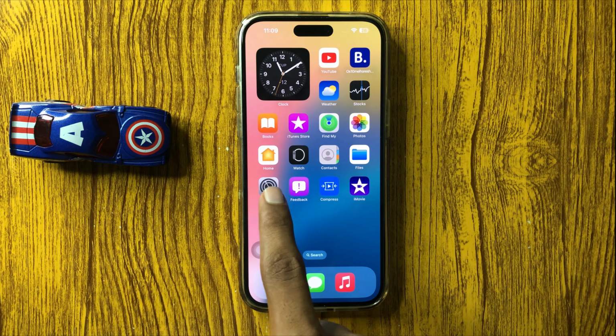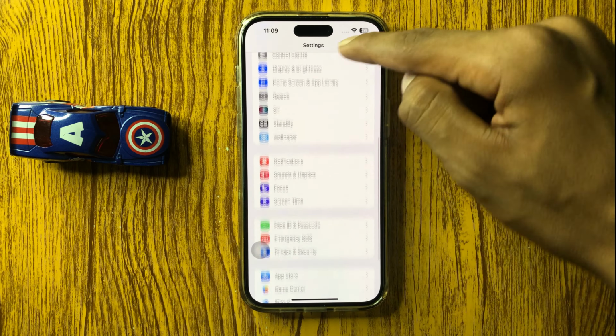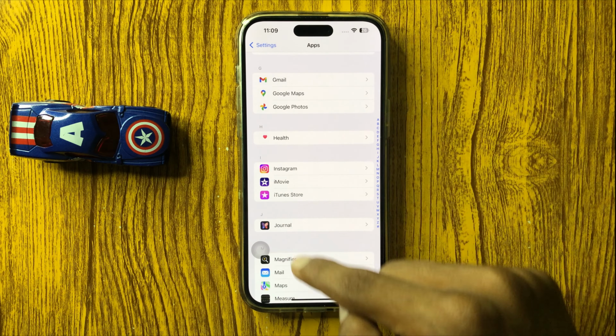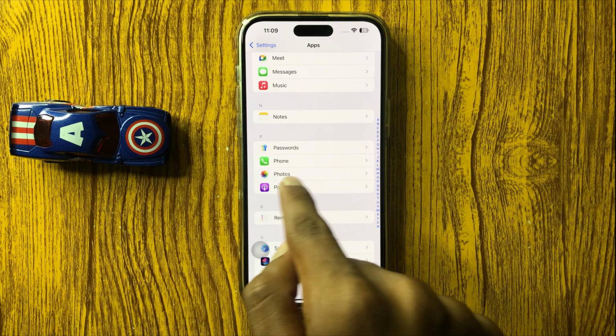First of all, open settings, and then scroll down, and here you see the option apps. Simply click on apps and then scroll down, and here you see the option photos. Simply click on photos,